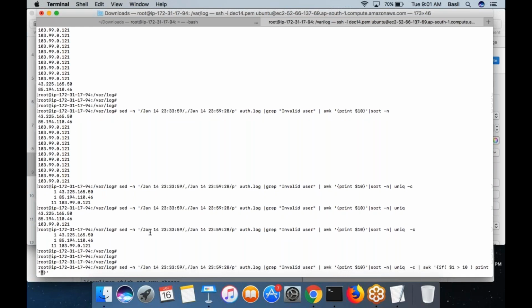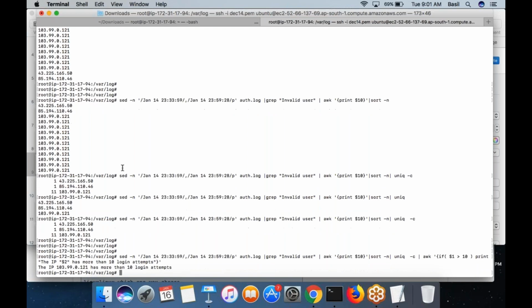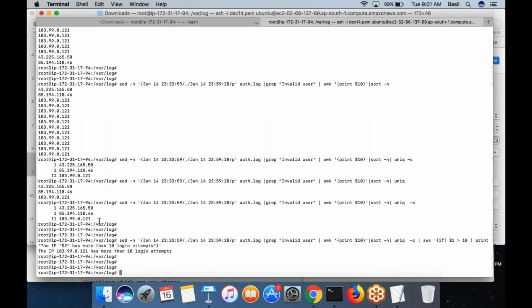You want to print a message: the IP $2 has more than 10 login attempts. You want to give it a priority. This could be suspicious. So the other IP addresses will not be printed with this message. Only those IP addresses that have more than 10 login attempts would be printed.